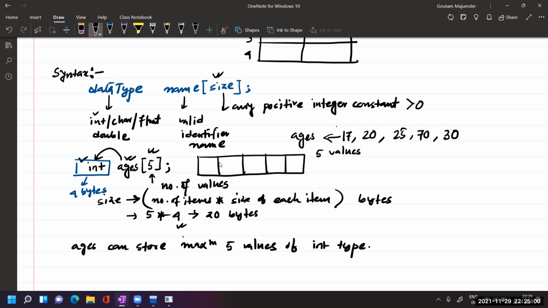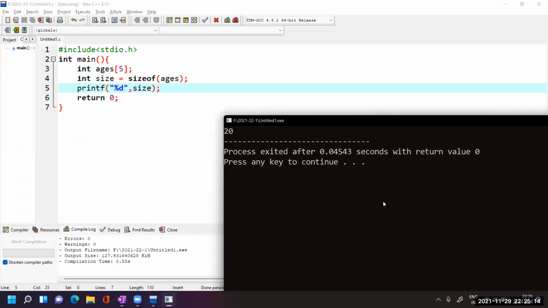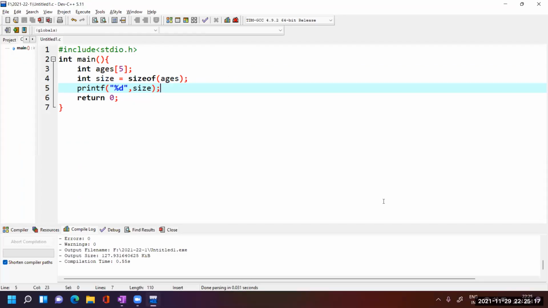Positive, negative, hardly matters, but 5 values maximum, not more than that. So an integer will take 4 bytes of memory. So 5 times 4, total 20 bytes are reserved. Okay, got it? So now see here, what I have done: 5 blocks are reserved.